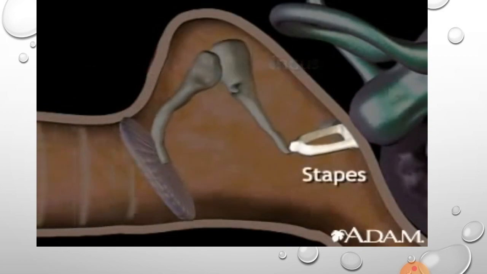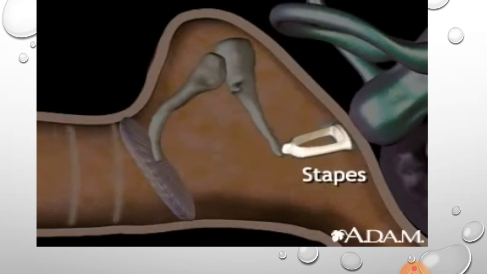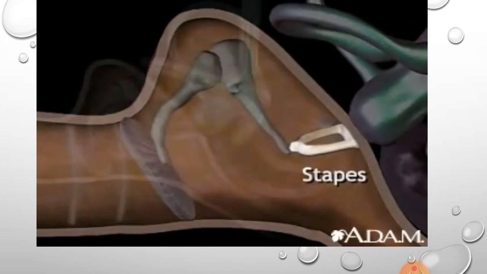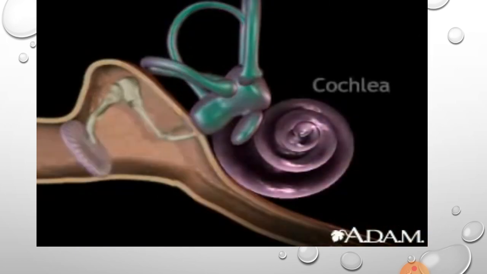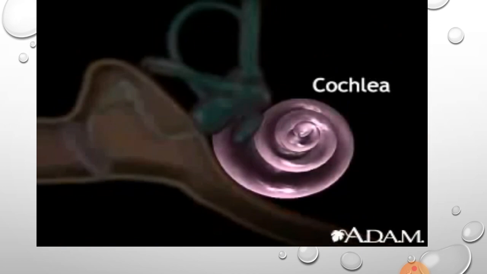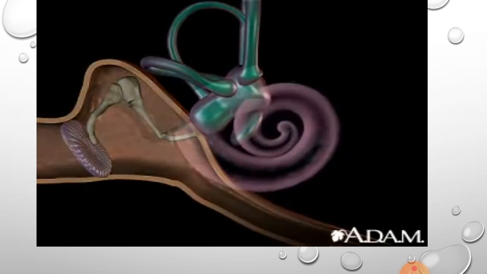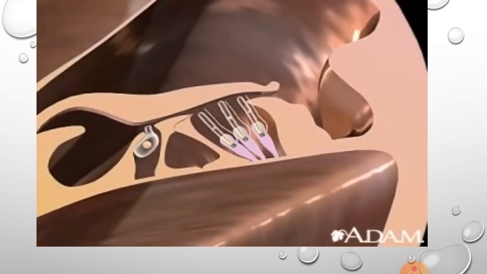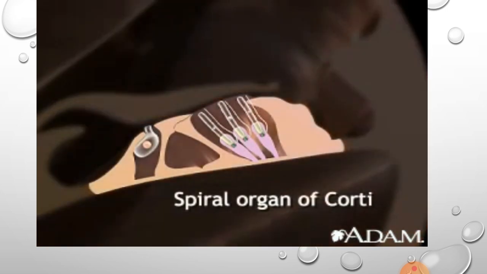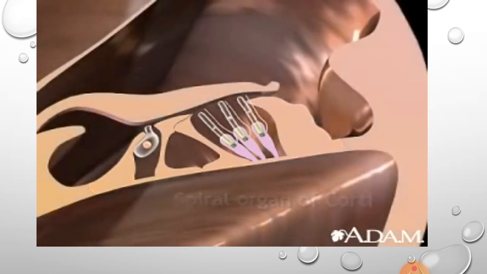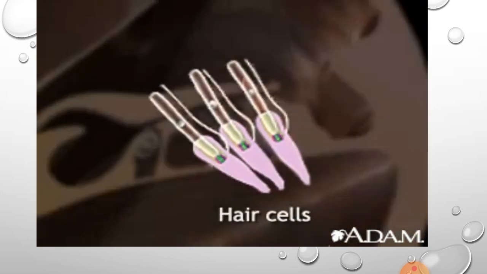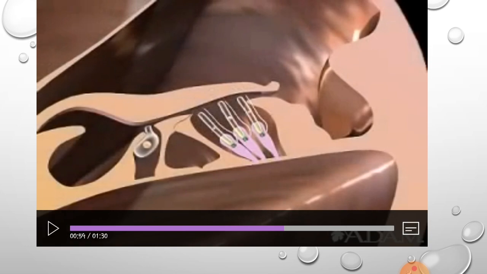The incus is attached to the stapes. The stapes moves, and both the muscles, the tensor tympani and the stapedius, dampen down the sounds. They dampen down the waves. This is the cochlea. These are parts of the internal ear, so I'm not going to tell you the details. This is the organ of Corti, spiral organ of Corti, which is the hearing receptor, which receives the sound, and the signals are taken up by the vestibulocochlear nerve.